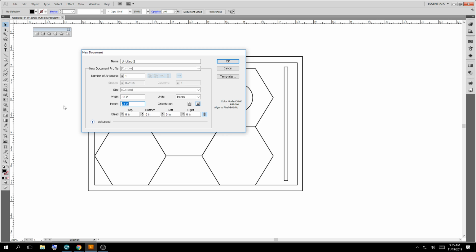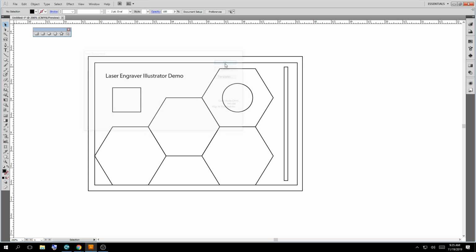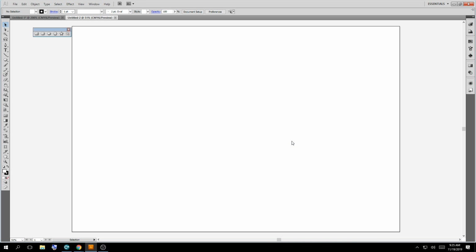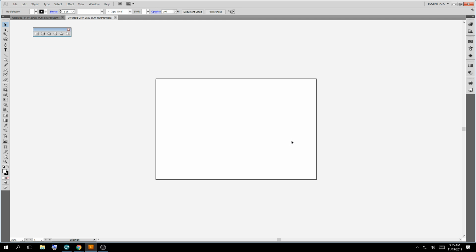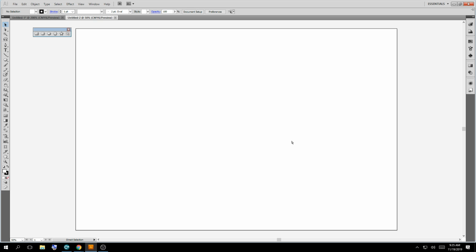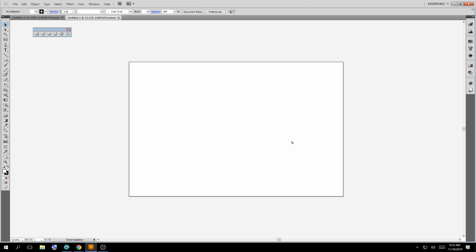That doesn't mean I'm actually using all 3 by 2 feet of it, but that's going to give me the rectangular border to which I can put my artwork within. Okay, so when I say okay, that is the 2 foot by 3 foot rectangle that I can't put more artwork outside of, or else I've run out of material, right? You can use 100% of this material, and then of course you can zoom by Control plus and Control minus on the keyboard. The plus and minuses are to the left of the backspace key,